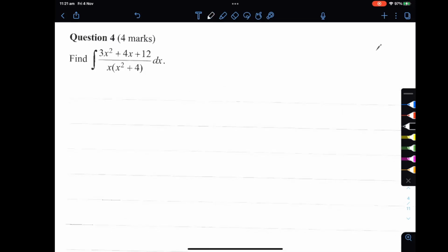Integrate this thing here. Okay, so it's partial fractions. This here is a cubic, and this here is a quadratic. So that means we don't do long division first. Okay, we can just split it up as usual. So if we split it up,